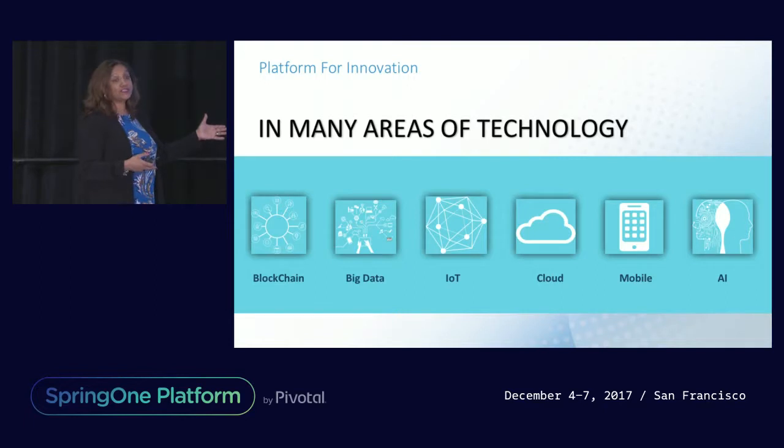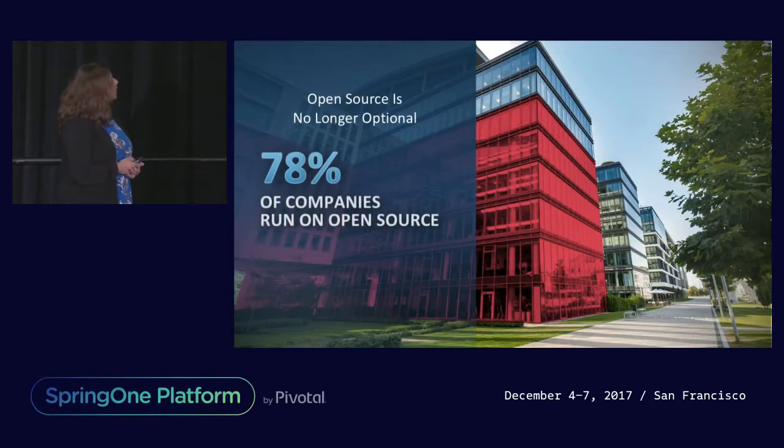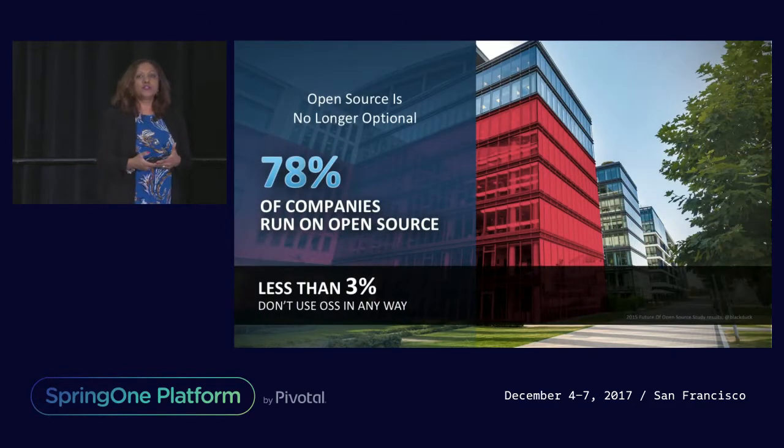And in the cloud space, last week was reInvent, but then even Amazon is embracing open source and has started an open source practice. And you can also see CNCF and the KubeCon conferences going on at the same time as Spring One. So there's a tremendous amount of innovation, tremendous amount of disruption happening in this space in open source. So it's no longer optional for any company, including ourselves, to sit on the sidelines and not embrace open source.